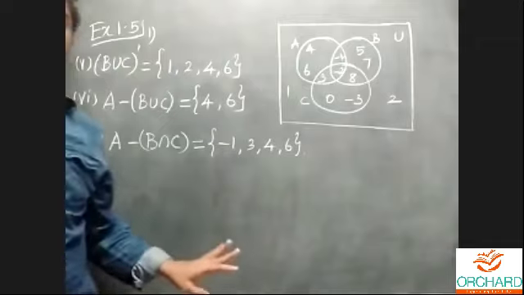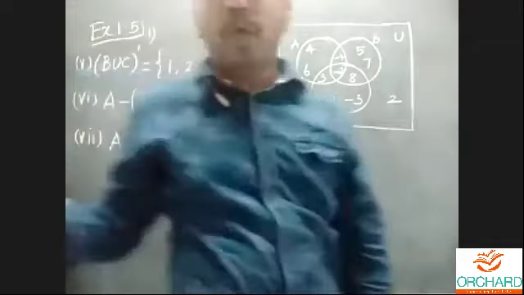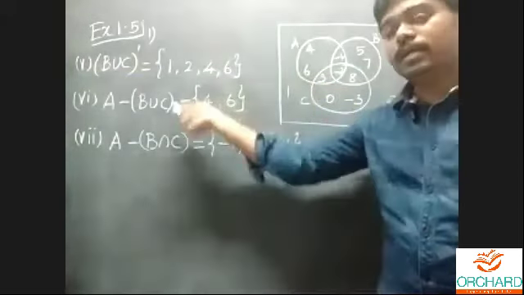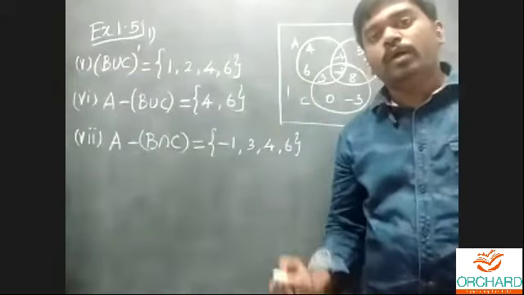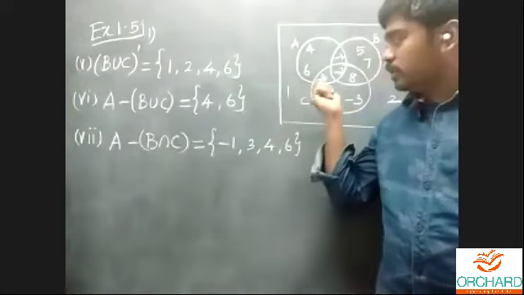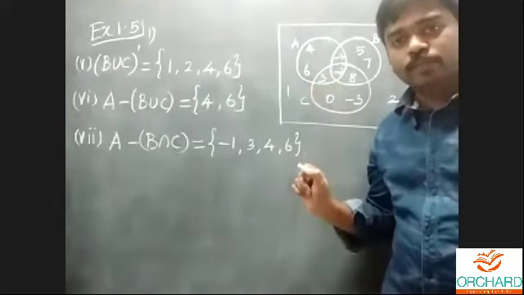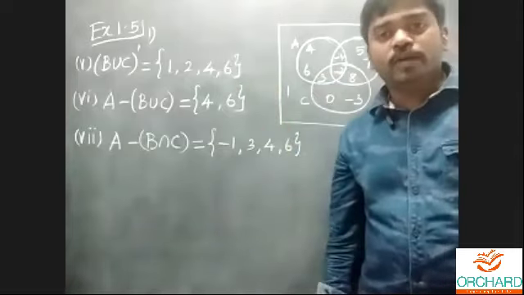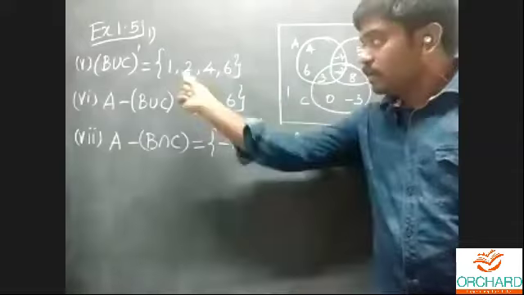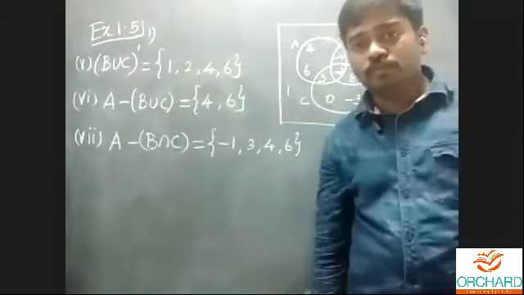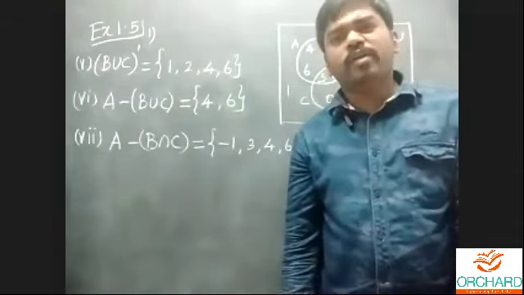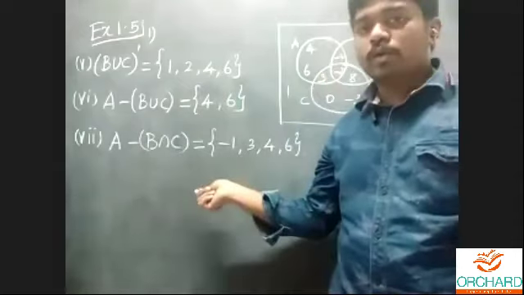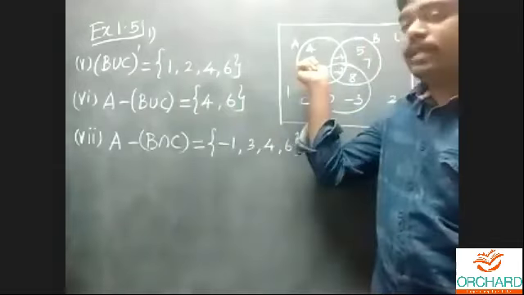For this subdivision, you can fully refer only this Venn diagram. Based on this Venn diagram, we'll write the answer for the subdivision. Again, I repeat, students, look at the Venn diagram clearly. Then observe each and every subdivision. No need to identify plenty of information. In a single step, it can be answered. No need to write step-by-step procedure. Without writing the steps, directly refer to the Venn diagram.